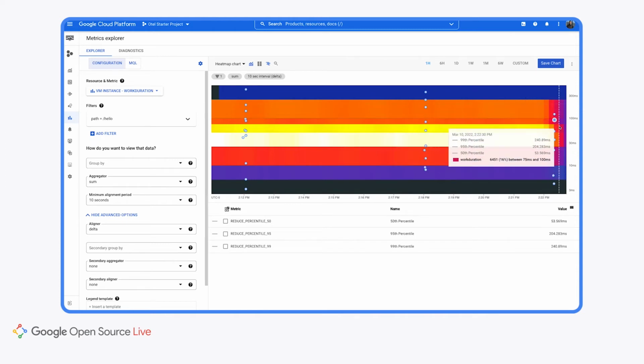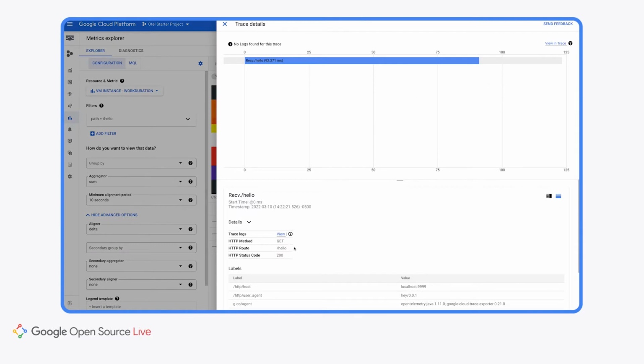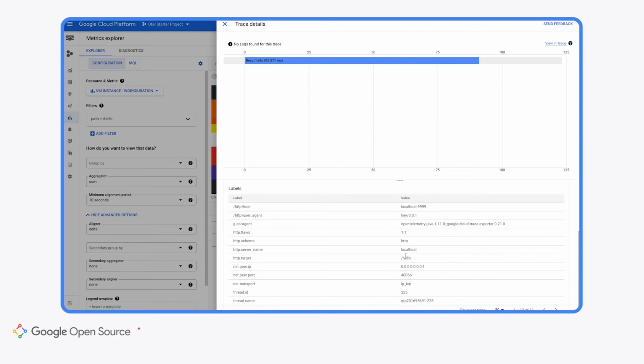And we're getting traces now as well, which are being shown as exemplars. So you see this one is right under 100 milliseconds duration. And it has the same fields as the metric that we're looking at.